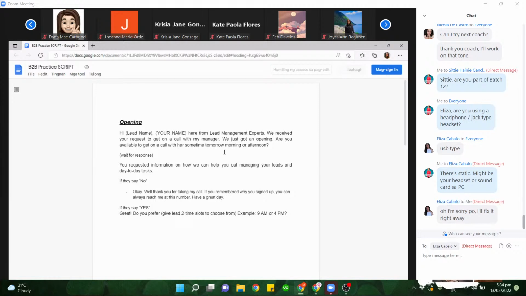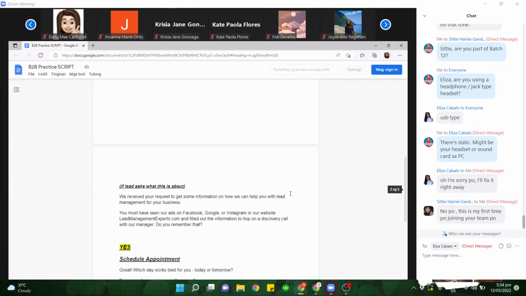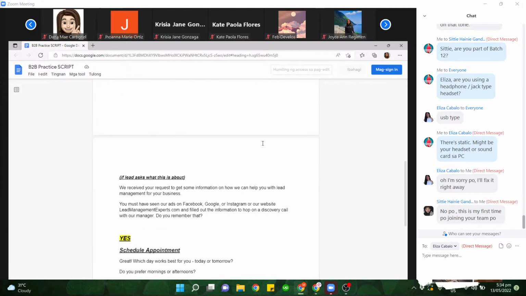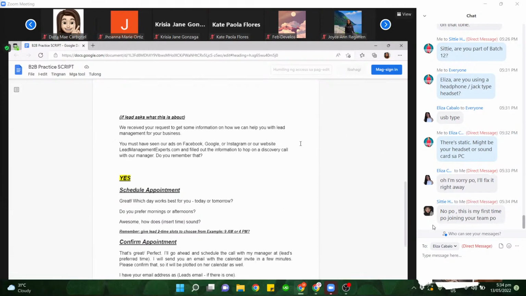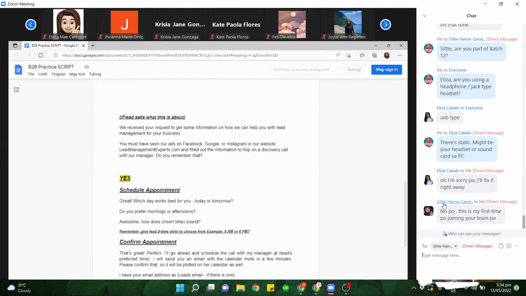Okay, so there. So try to practice in regards with how your tone will sound more conversational instead of just reading off from something or reading off from the script itself. There, very good, very good. Okay, we actually have continuation with that, but this one is quite long. Let's just have someone read this as well. So for this section, if, for example, they ask what it is about, I would simply want you to read this paragraph.